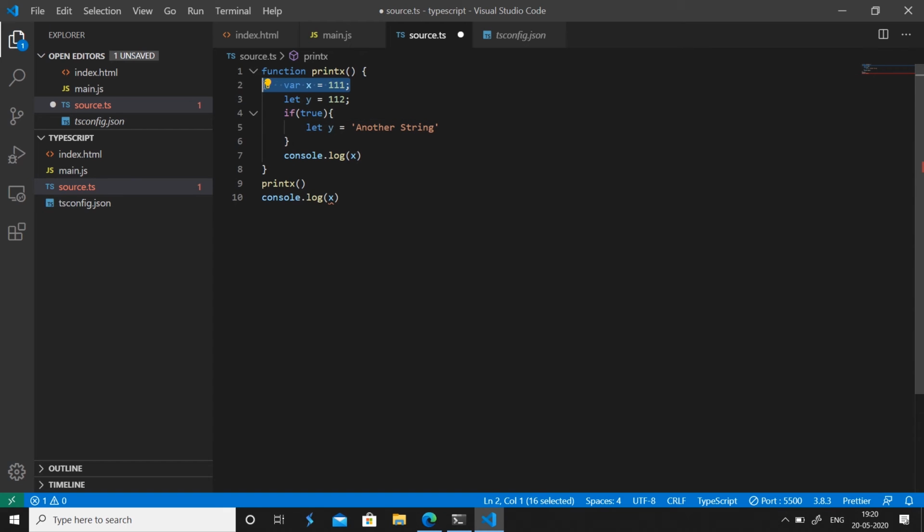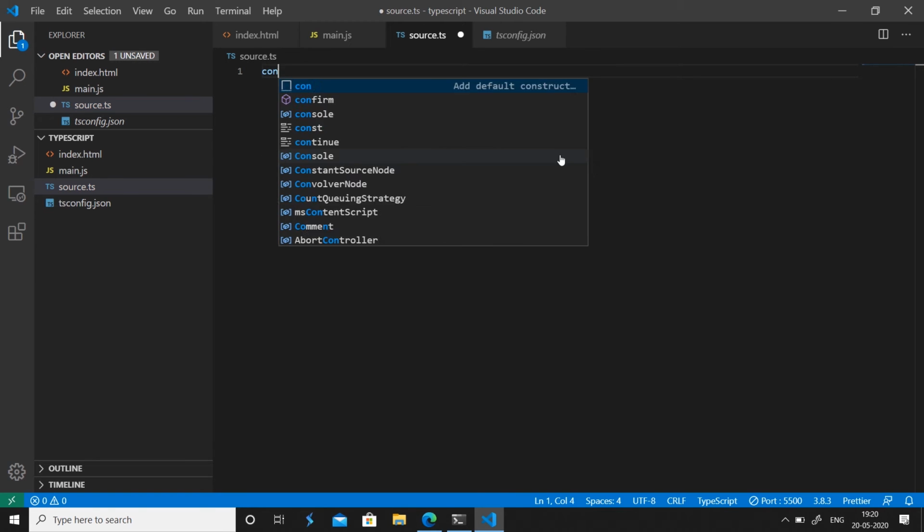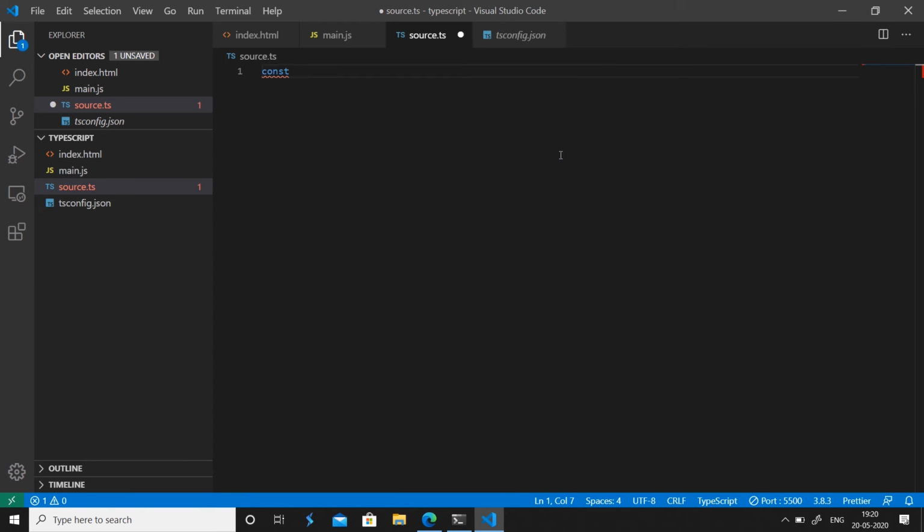With let you can have a declaration any number of times if you are inside another block, and you can change the data type of the redeclaration also. There's one more way of declaring data inside TypeScript, and that is const. Const simply allows you to have a data type which cannot be altered. So if you declare a const x with 19